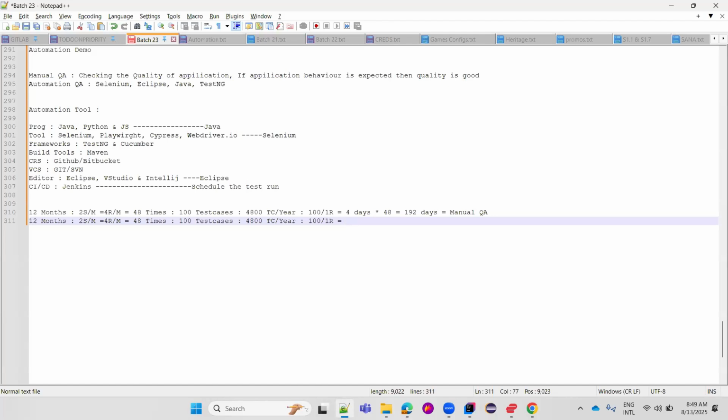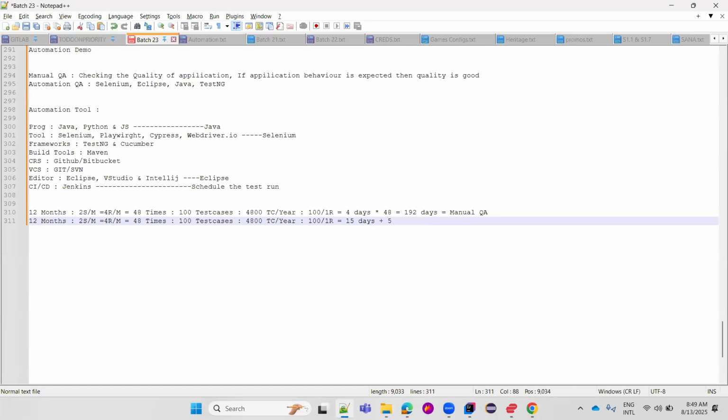It will take 15 days easily to write the scripts for 100 test cases, as these are complex cases, and to maintain the test data. Once that is completed in 15 days,